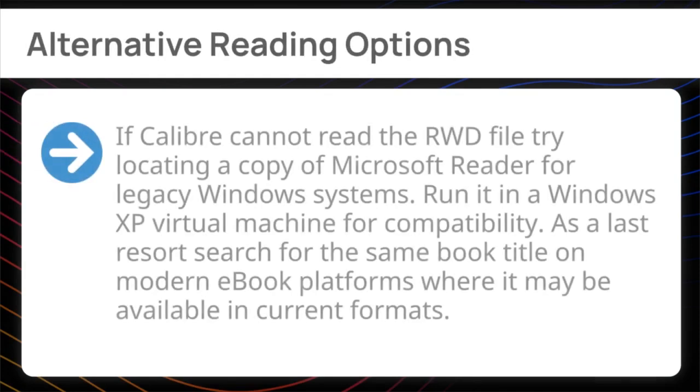Finally, alternative reading options. If Calibre cannot read the RWD file, try locating a copy of Microsoft Reader for legacy Windows systems. Run it in a Windows XP virtual machine for compatibility. As a last resort, search for the same book title on modern ebook platforms where it may be available in